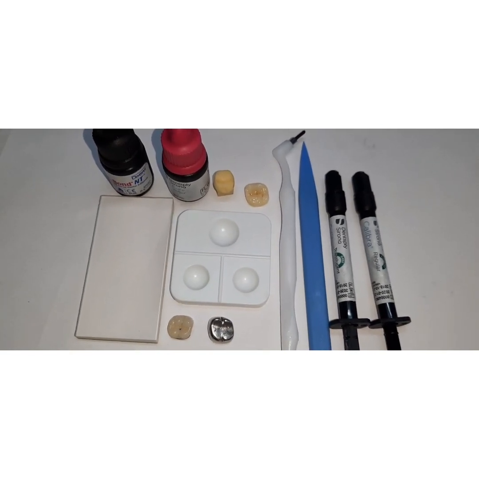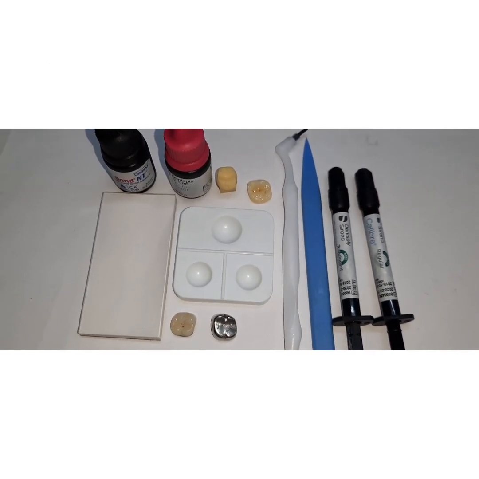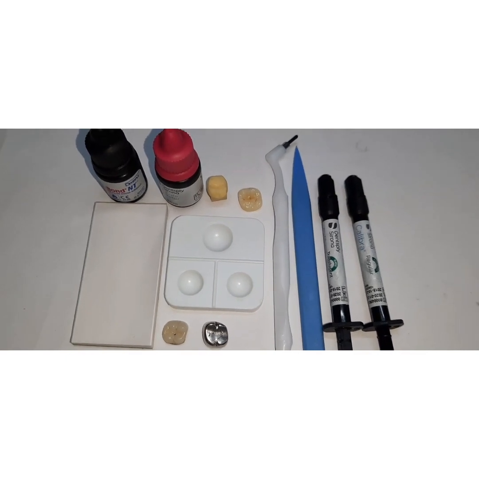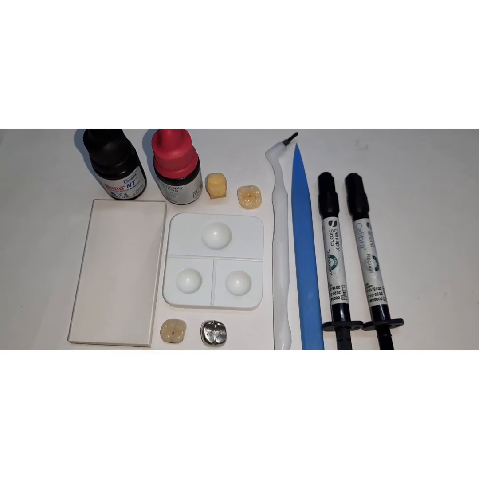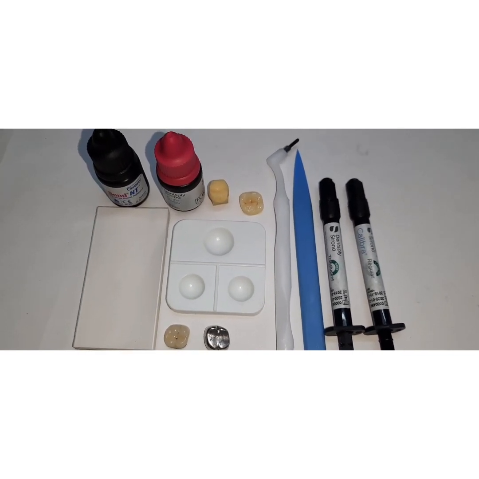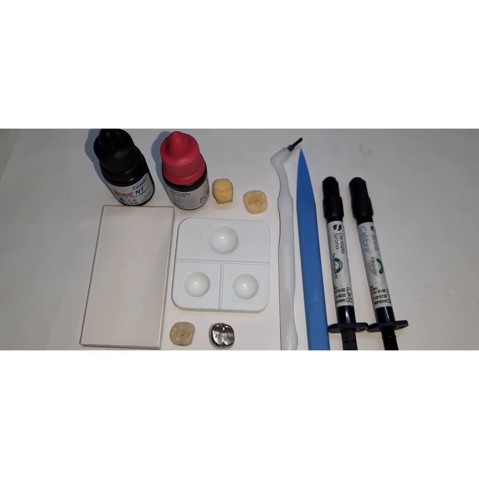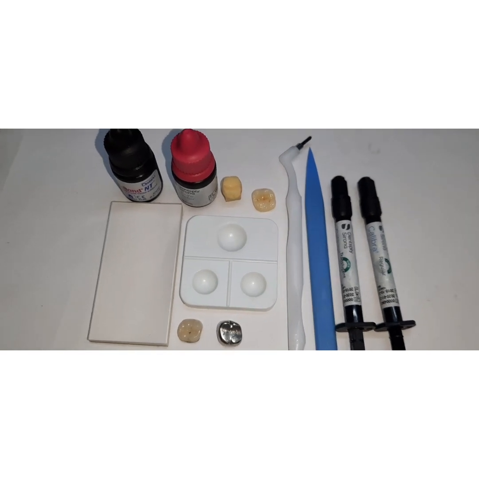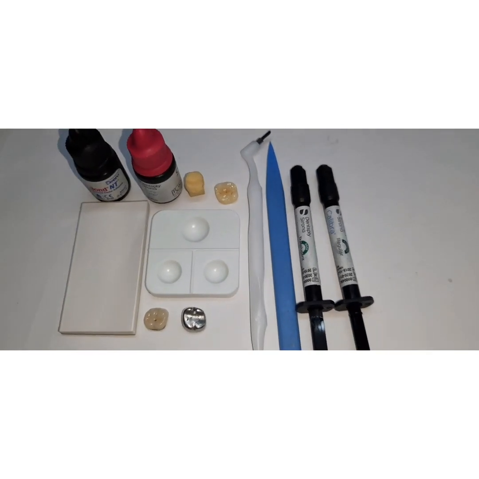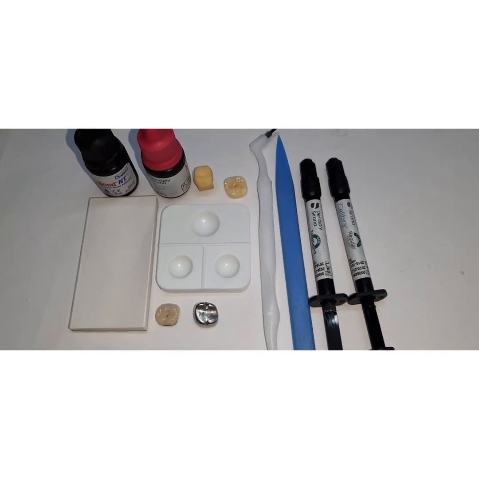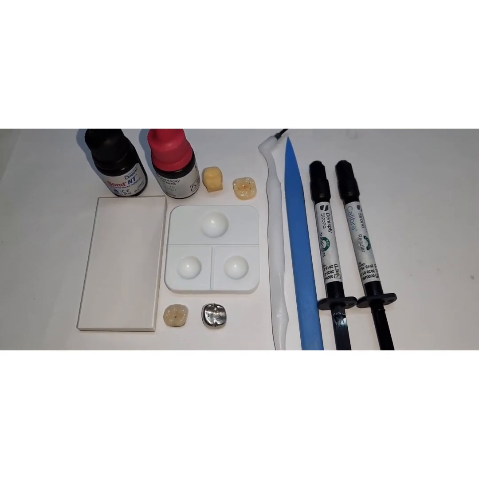A chemical cure resin cement is supplied as a two-component system, with a powder and a liquid, and these two components are mixed on a paper pad. The mixing time is just 20 to 30 seconds. This is very critical, because if you delay, then once you have placed the restoration onto the prepared surface of the tooth, removing the excess cement becomes a problem, because the cement gets polymerized. Although, chemical cure resin cement is suitable to bond all types of prostheses, so that is the good thing about this type of cement.